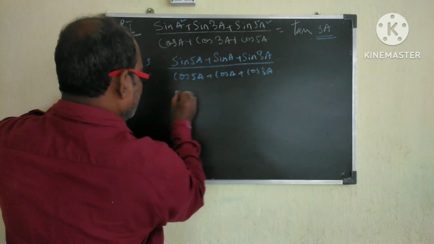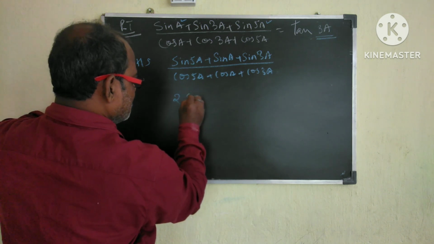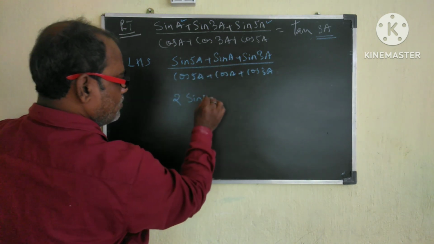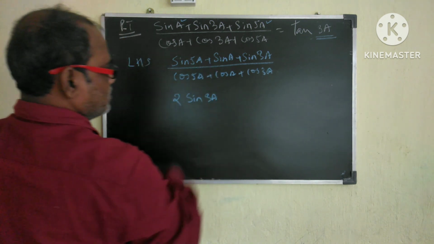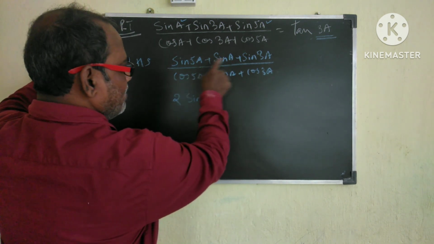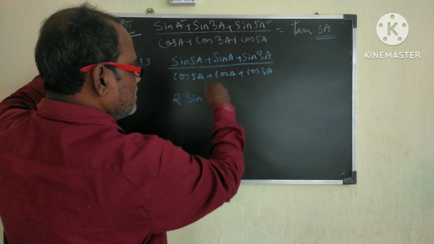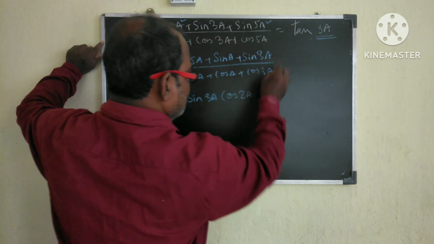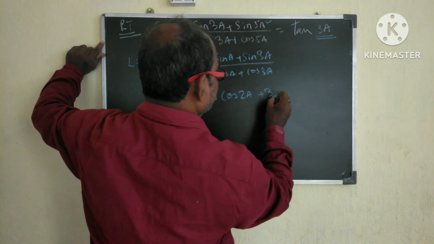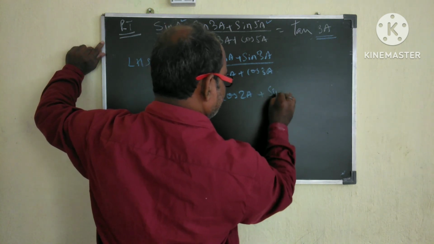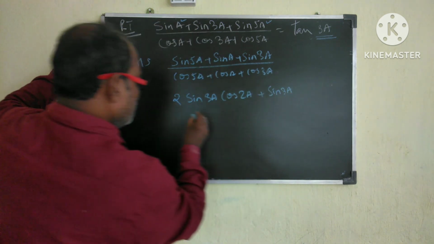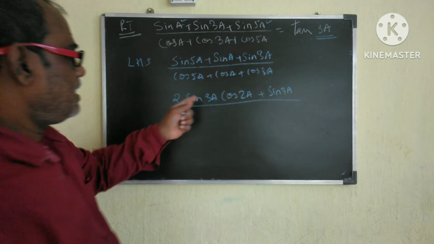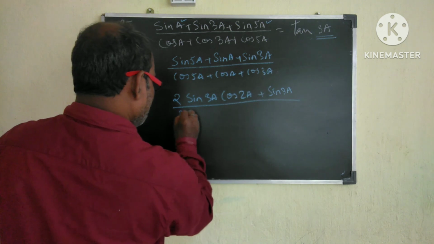So from here we get 2 sin of (5A plus A), that is 6A, 6A by 2 is 3A, cos of (5A minus A), that is 4A, 4A by 2 is 2A, so cos 2A, plus sin 3A, whole divided by, similarly this we get 2